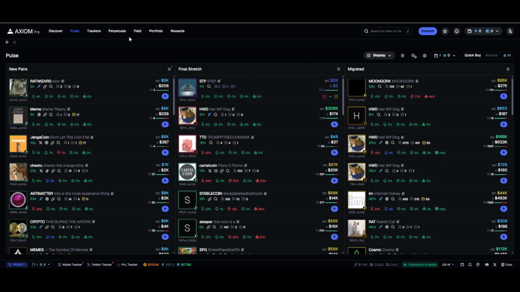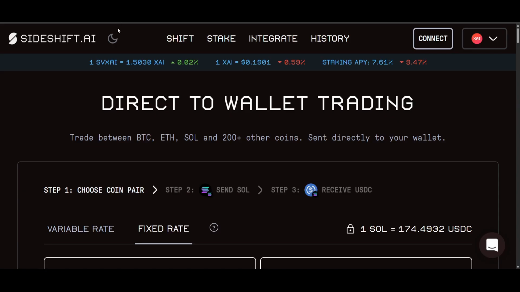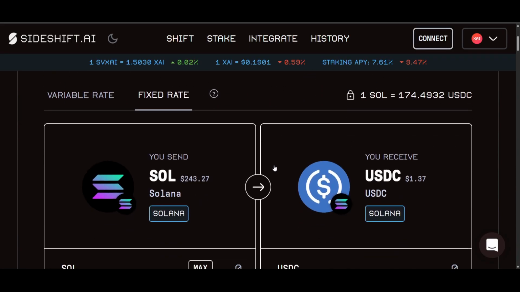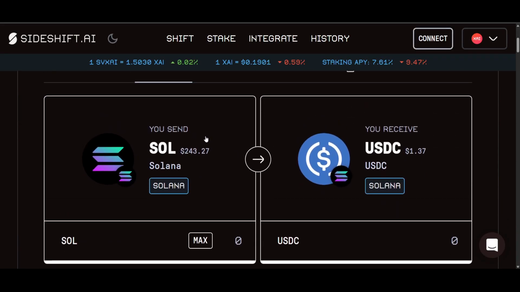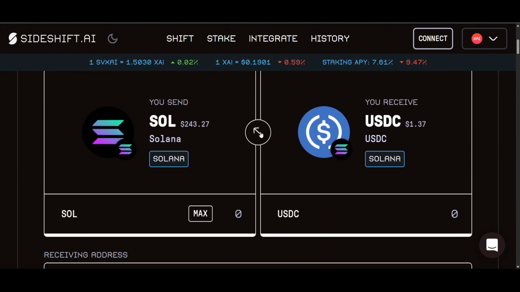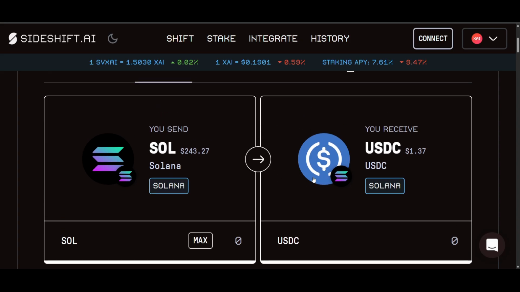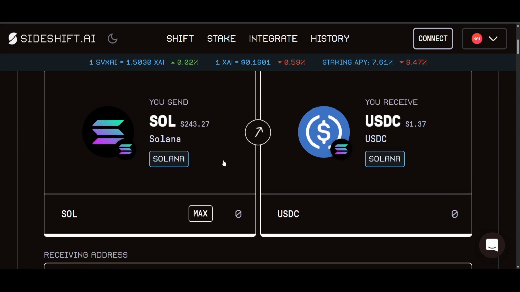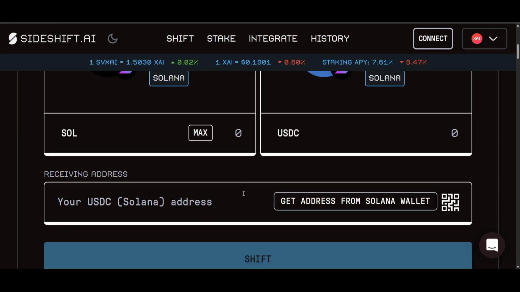Once you're done, you'll go over to a site called sideshift.ai, which is this. You'll connect that wallet, the Phantom wallet, connect it here, and then you're gonna click fix rate. And what you're gonna do is you're gonna select Sol. It may not look like this for you because I've used it already, so it saved my preset. So you're gonna click Sol to USDC on Sol. You'll enter your